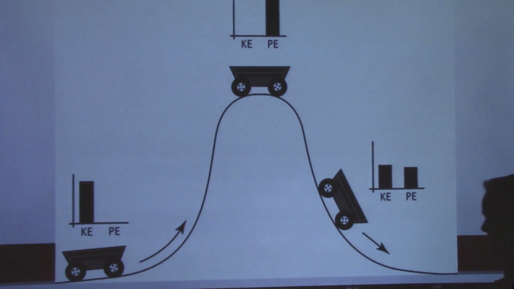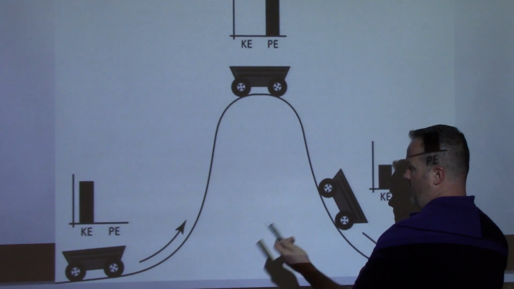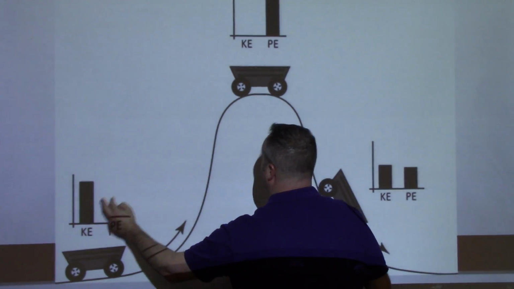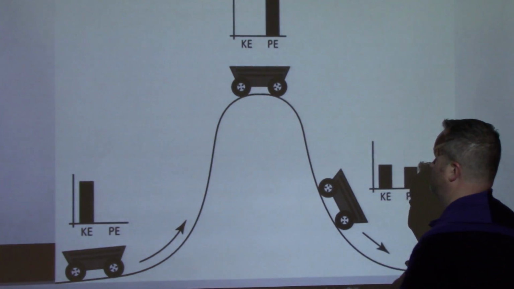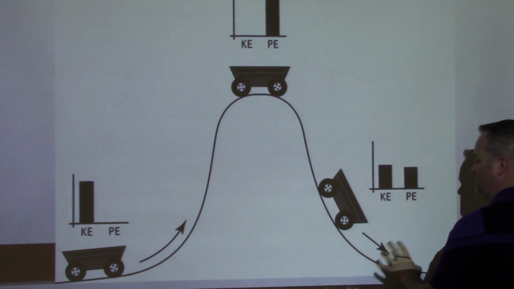So we look at that in a diagram. Here we have the cart, or the coaster, and we have two bar graphs. We have one that shows kinetic energy and one that shows potential energy. And so what you can see here is